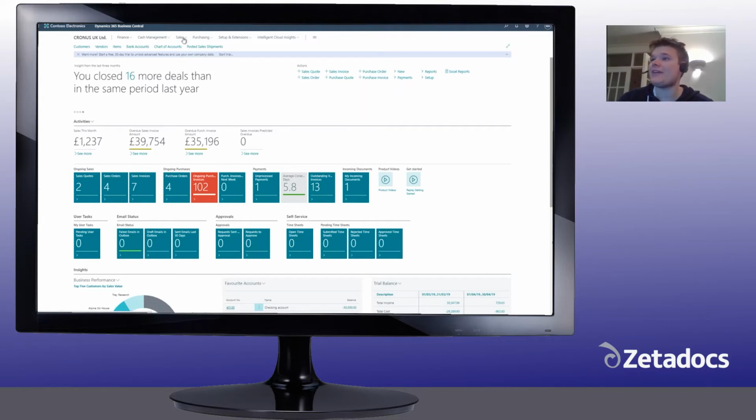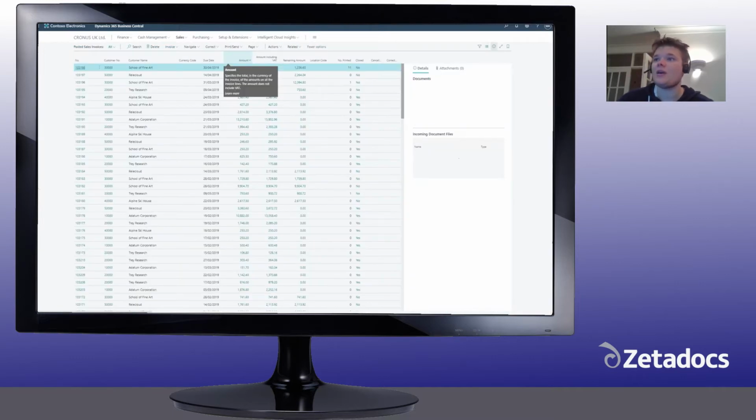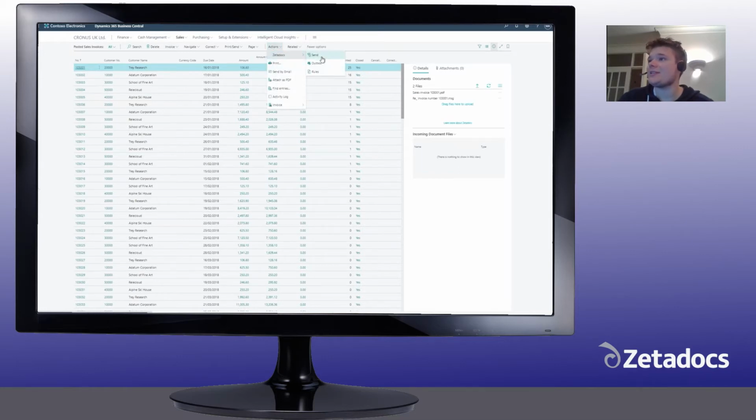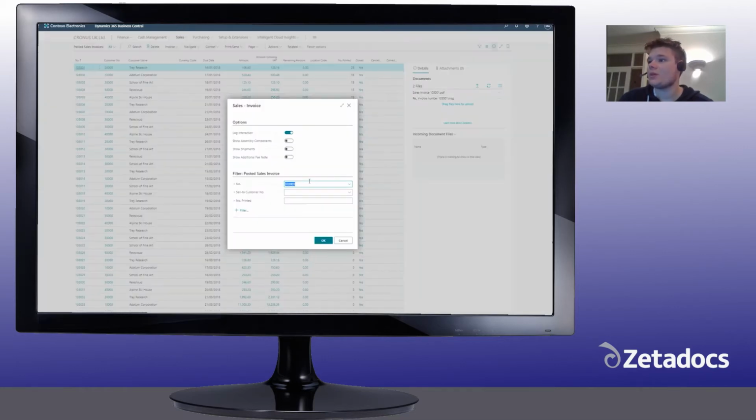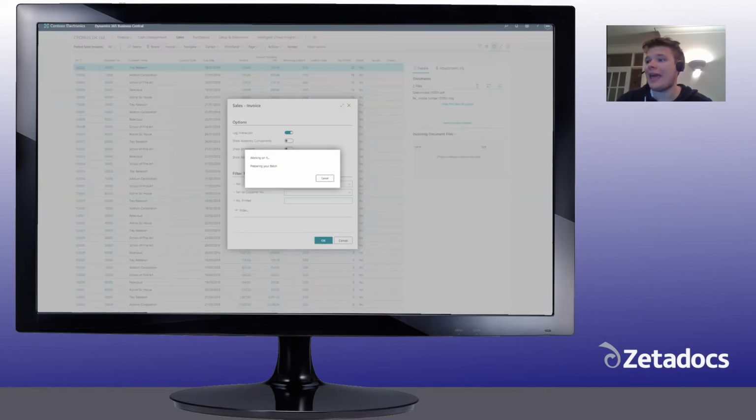So if we just navigate to our posted sales invoices within our Business Central system, and let's just order this. To send out that personalized batch of invoices, all we need to do is click the Zetadocs Send button, and then select the range of documents or the documents we'd like to send out in the batch. Once we're happy, all we need to do is click OK, and then Zetadocs will prepare that personalized batch of